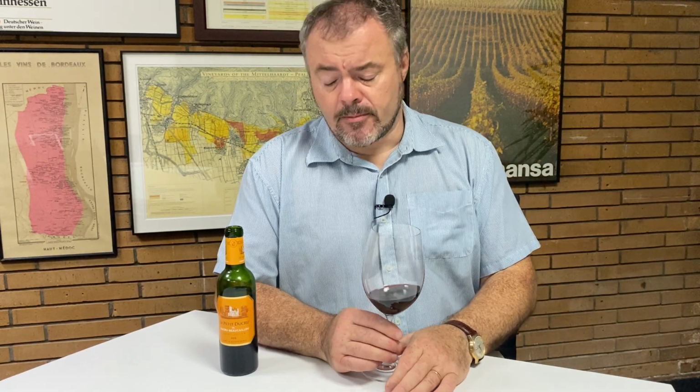Now, this wine, Le Petit Ducru, is seen as a third wine, it being third in the pecking order. Certainly price-wise it will be. This is more the idea of a second wine, as it were, in that a portion of the wine in here, I believe, is declassified wine from Ducru-Beaucaillou. However,